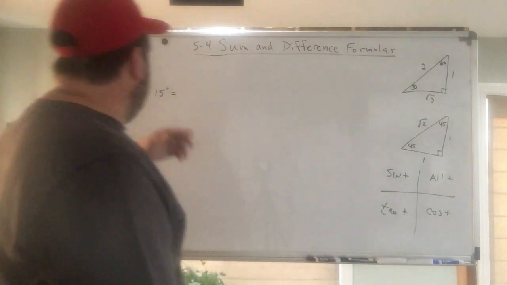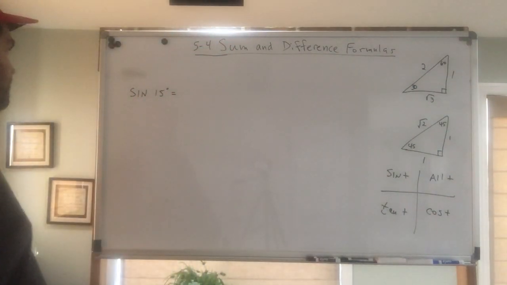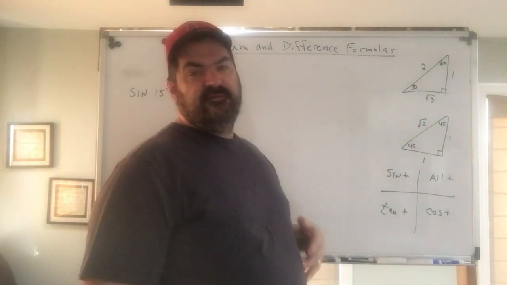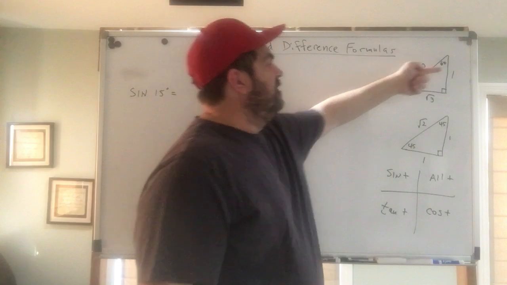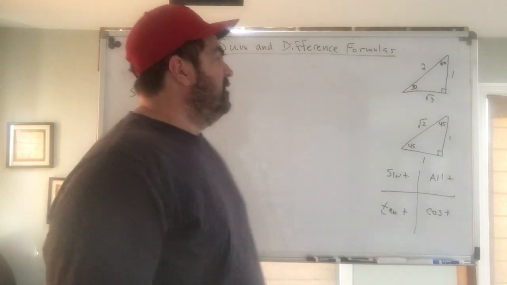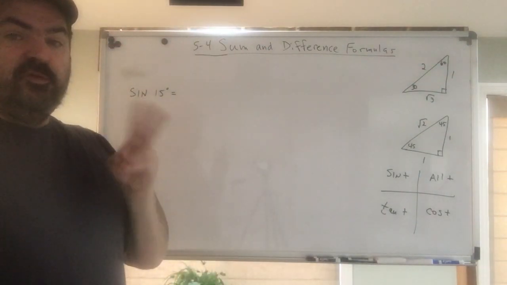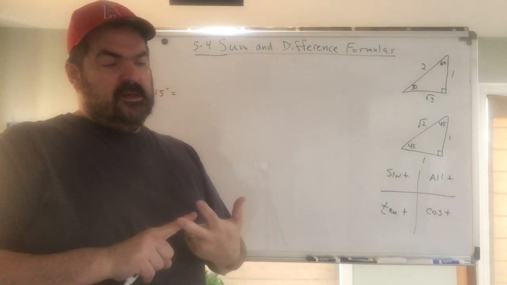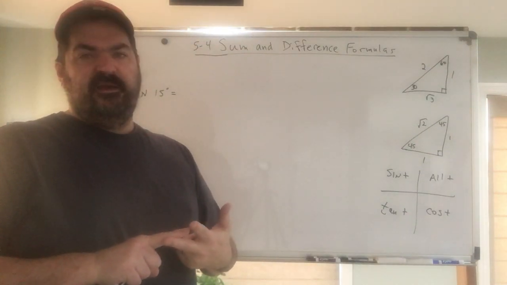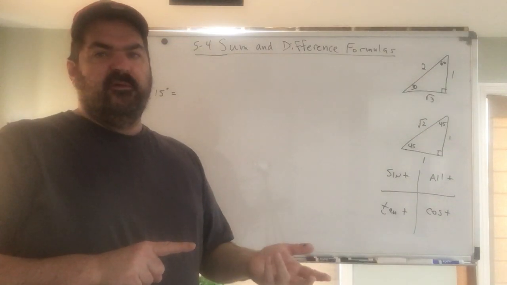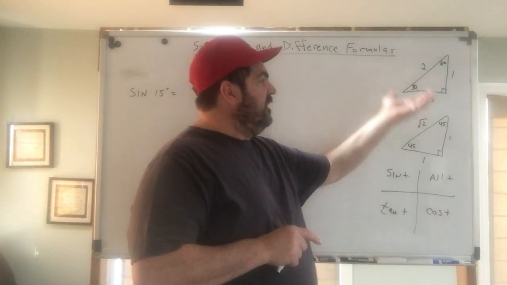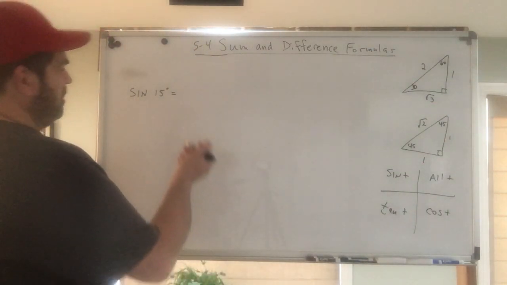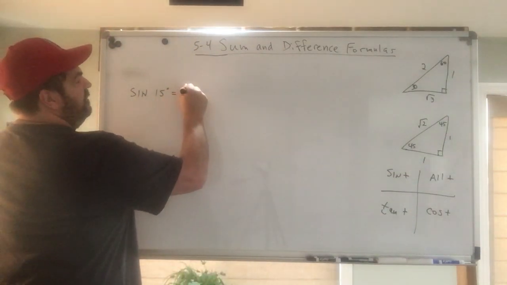We're going to start off by finding sine of 15 degrees. Now, 15 degrees is clearly not on here, so I can't just find sine of 15. I can find sine of 30 is 1/2, but sine of 15, you've got to come up with two angles that either add up to 15 or subtract to 15. And they have to be angles I can find. I wouldn't pick 20 take away 5, because I don't know 20 and 5. That makes no sense. So a good one might be sine of